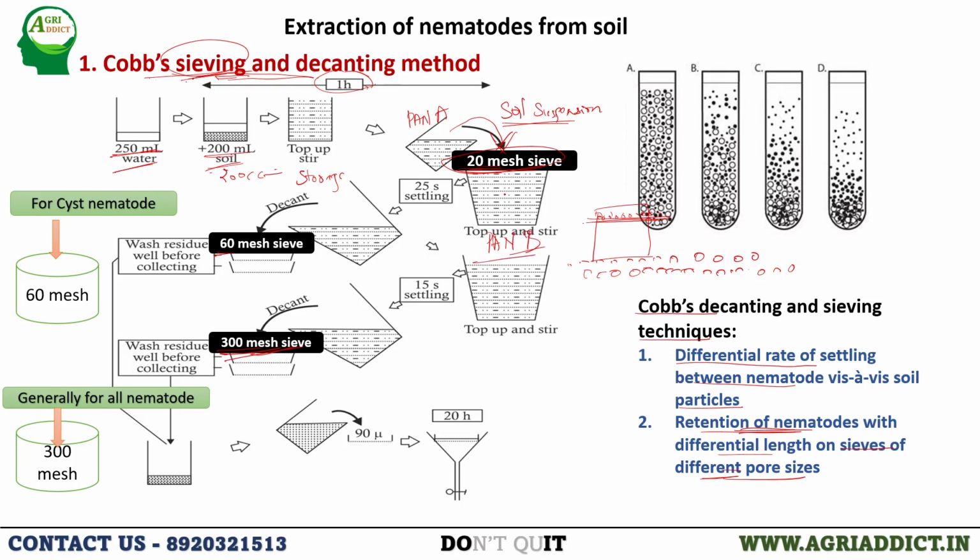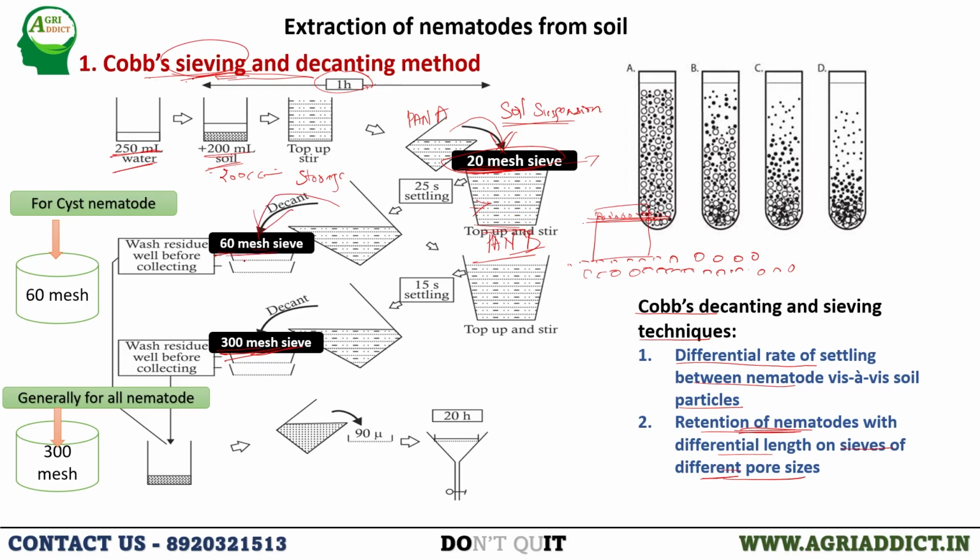The filtrate will be collected in pan B. Over the 20 mesh sieve, if there are any root particles, then those particles need to be taken out, and the other particles need to be discarded. The filtrate collected in pan B is to be left for some time for settling down. After that, the soil sample has to be decanted again over the 60 mesh sieve.